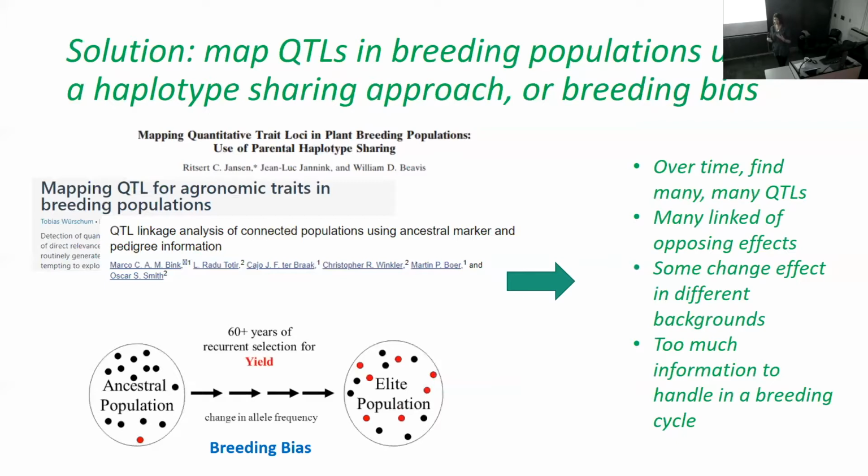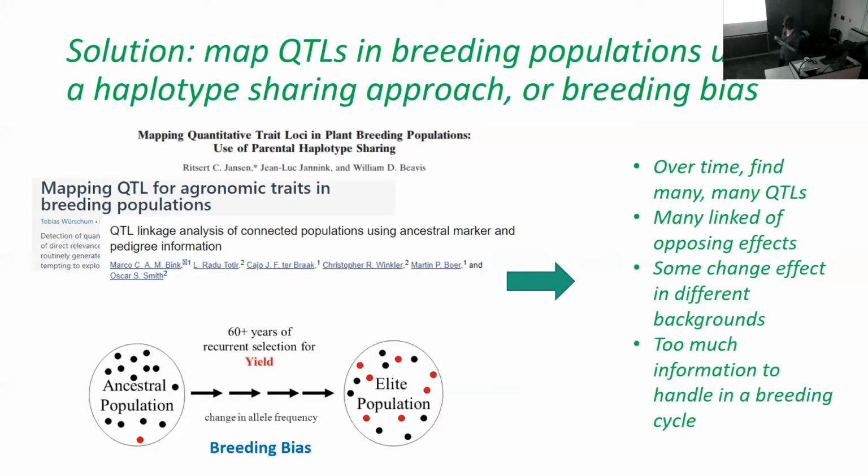And sometimes you actually had QTLs where the favorable and unfavorable alleles would flip in different populations. So it really became too much information for breeders to be able to handle. And as I think about how we were handling these QTLs, it was like a game of whack-a-mole. A QTL would pop up in one generation and disappear in the next, and you're constantly trying to find